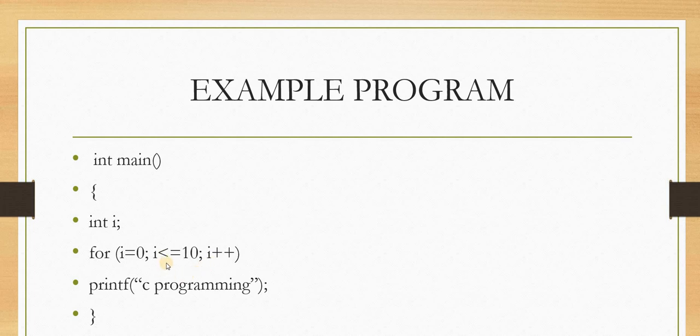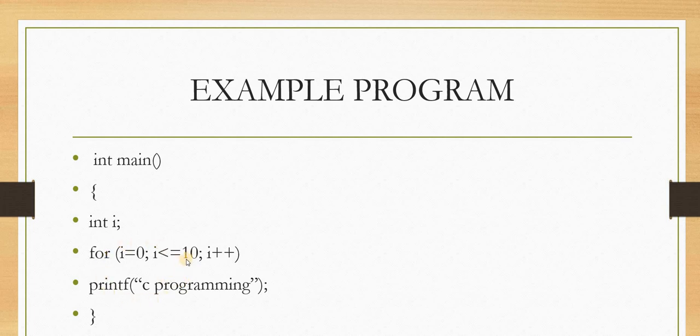And then it goes for condition checking whether the condition is true or false. Now the value of i has been incremented to 1 from 0. So it is checking whether 1 is less than 10. Yes, the condition is true. So again the work is executed. That is, the words C programming are printed. Then incremented. Now the value became 2. It goes and checks the condition. 2 is less than 10. So the work is done. Like this it goes on up to the value